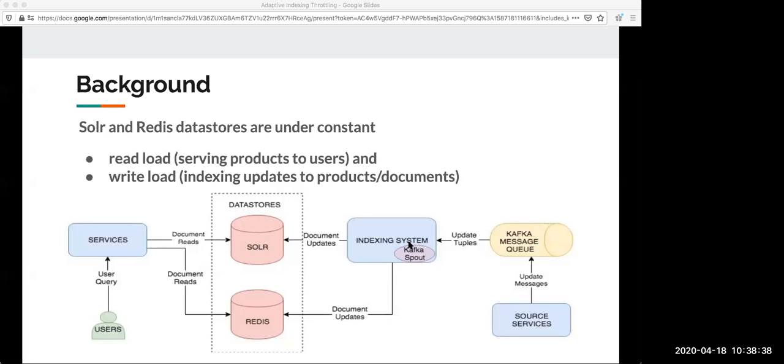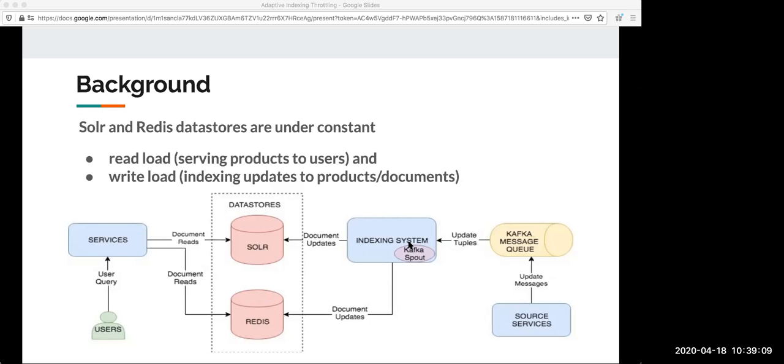So these are the two data stores we have. I can briefly talk about where we use these two data stores. Solr, as I said, is used for searching. So user query to products is done by Solr. Now product ID to product information, I say product 1, 2, 3, 4, from that to all the information regarding that product, that is handled by Redis. So all the product information is cached in Redis. We have other persistent data stores as well, but these are both the serving data stores.